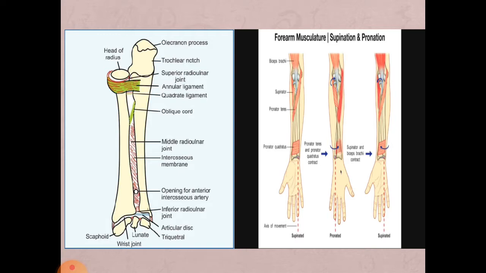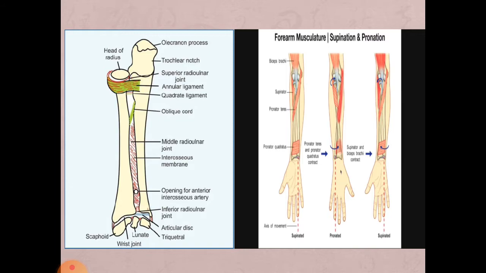Okay, so once again you have the proximal radioulnar joint and the distal radioulnar joint. At the proximal radioulnar joint you can see the head of the radius that will rotate within the radial notch of the ulna, and this is a pivot type of joint, and distally you can see the head of the ulna that will rotate within the articular surfaces for the ulna, that is the part of the radius.